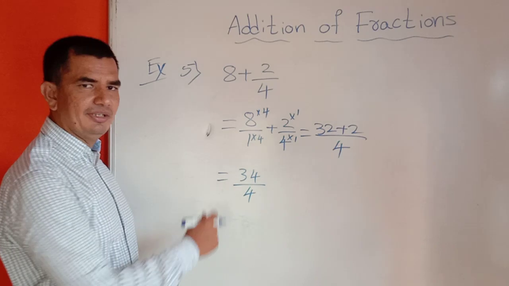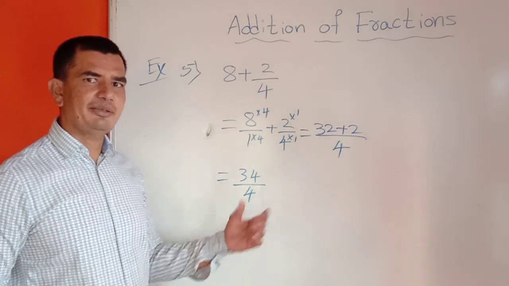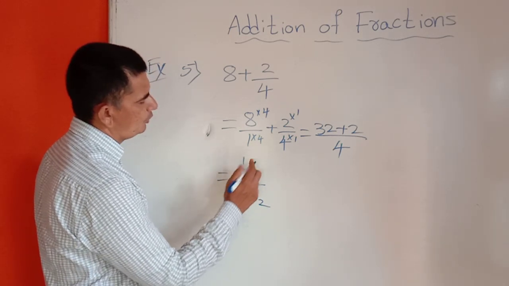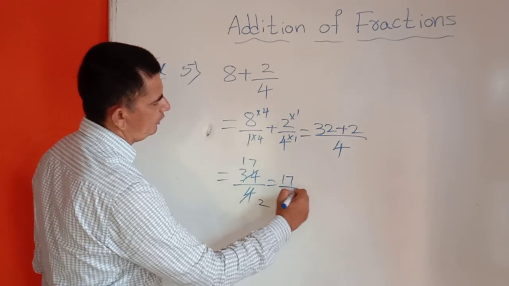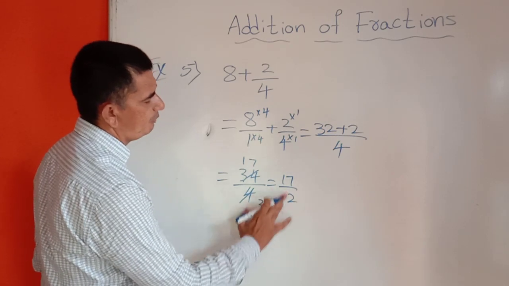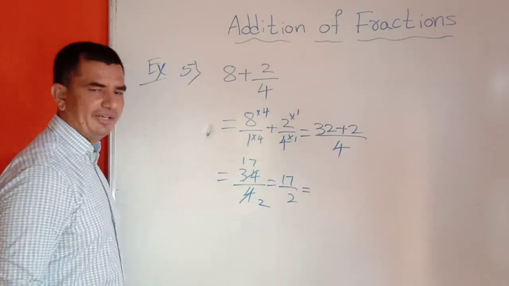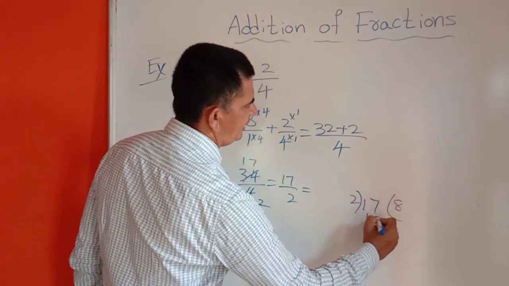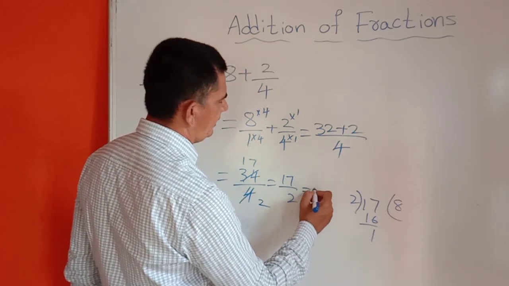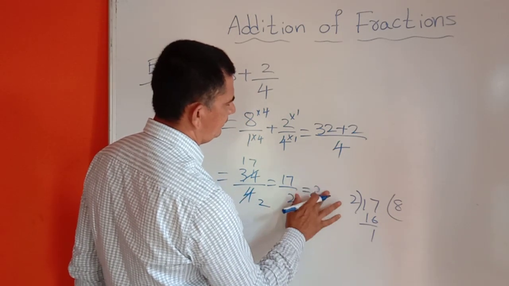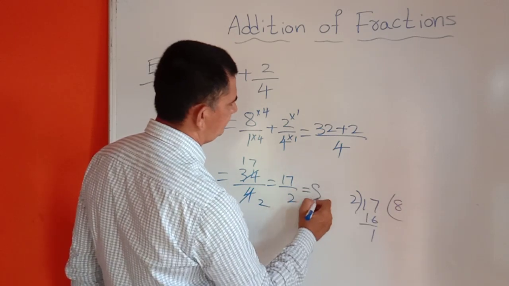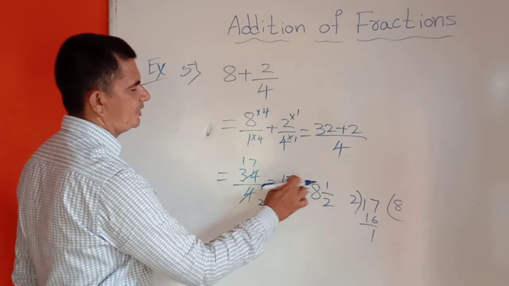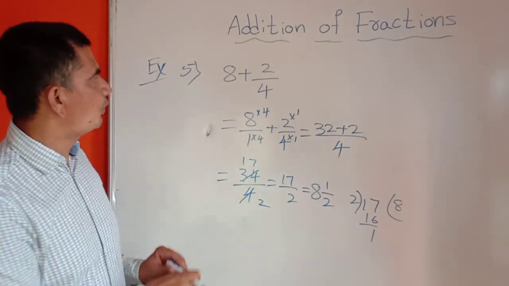Now is it possible to cancel? Just think. If it is not possible, you can write in mixed fraction. So from 2 you can divide. 2 2s are 4, 2 1s are 2, 2 7s are 14. We got here 17 by 2. 17 by 2. Now this we can write in mixed fraction. 17 divided by 2. 2 8s are 16. Remainder 1. So you can write the answer here as 8 integer 1 by 2. Again you can check, 2 8s are 16, 16 plus 1 is 17 by 2. So students, this is how to solve.